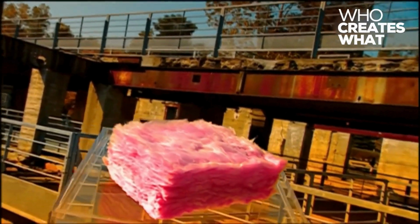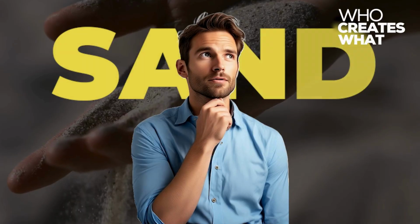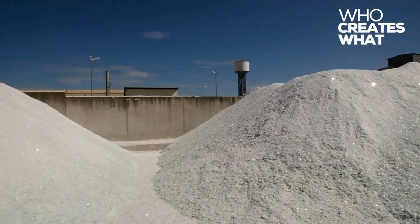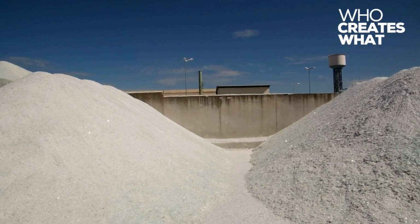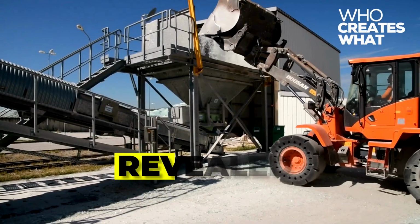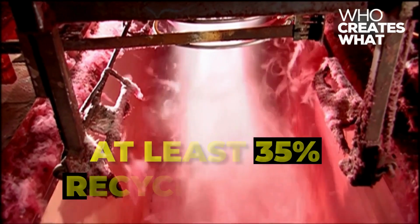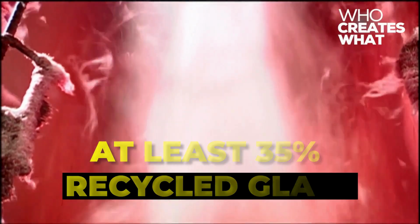The foundation of fiberglass begins with something you encounter every day but never think about: sand. But not just any sand. Manufacturers use high-purity silica sand that contains about 70% of the raw materials. What's revealed in the manufacturing process is that fiberglass insulation is made from at least 35% recycled glass, reducing waste